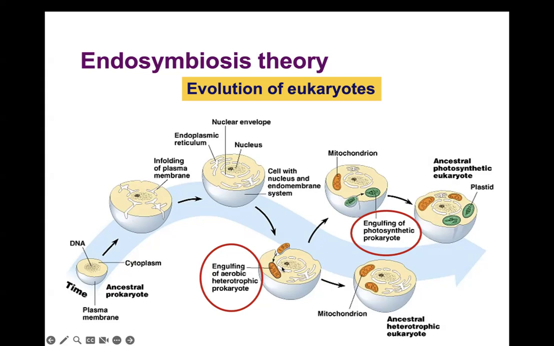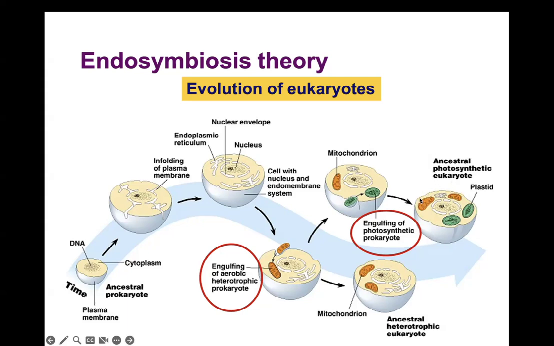These same larger prokaryotes engulfed earlier, smaller prokaryotes that were able to respirate and photosynthesize. And that mutually beneficial relationship became so strong that eventually the two cells depended on each other so much you couldn't separate them. One couldn't survive without the other, and they became permanently fused together in the first ancestral photosynthetic